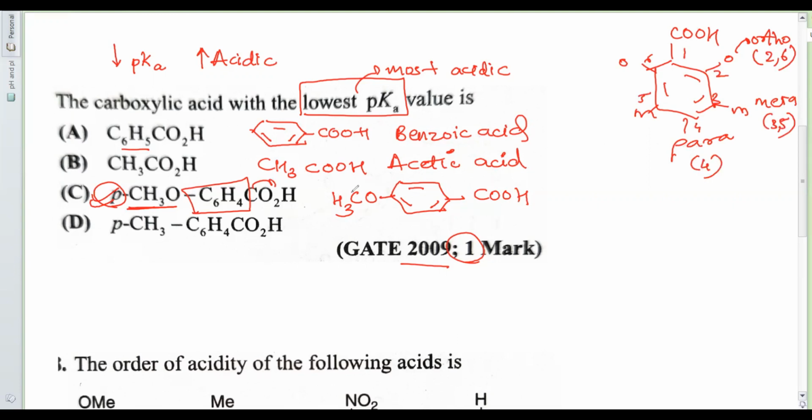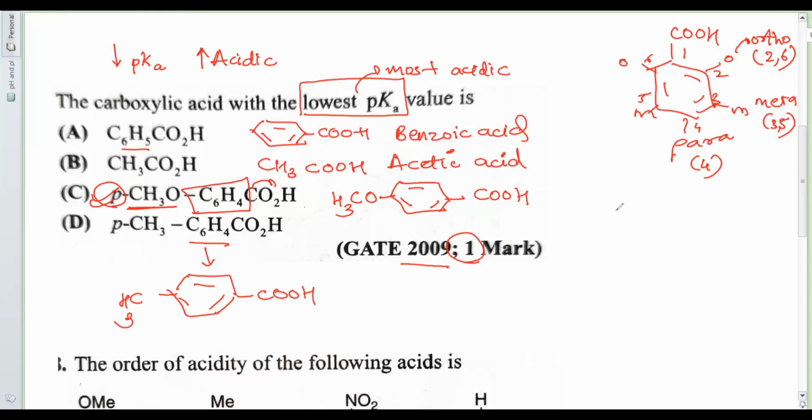Okay, so we wrote down the third option and fourth option. Again, this is a benzene ring. So write that down. This is COOH. This is CH3. Correct? Very good. So this is on the para position. Now, let us see what we can solve about this. Here, one thing that you can see is you have 3 rings and 1 straight chain.